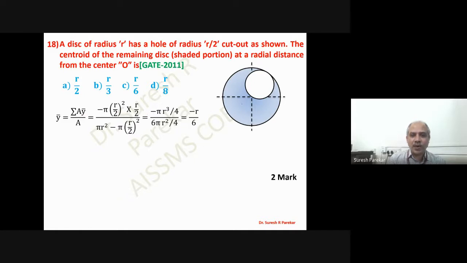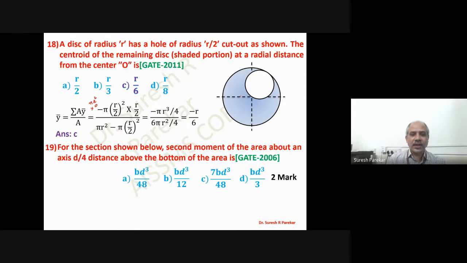That will be, so we have for first a into y bar. So y bar for whole we have 0. And therefore, if I will consider that first, which is pi r square, so we have first term, which will be pi r square into 0. So therefore, that is not considered over here. So that is of whole section. And therefore, we have directly considered the second, where we have taken pi r square minus this area. Minus r by 6, that indicates that it is on the negative side. So on this side, so we have magnitude, so C, r by 6.